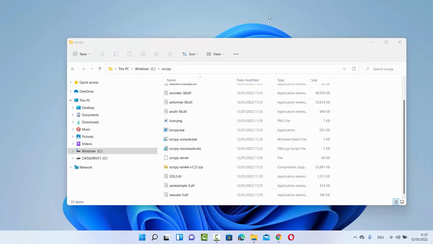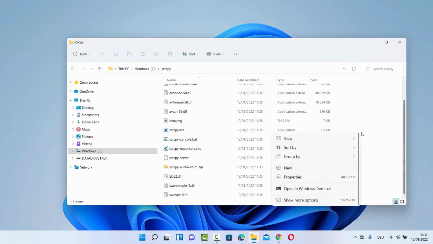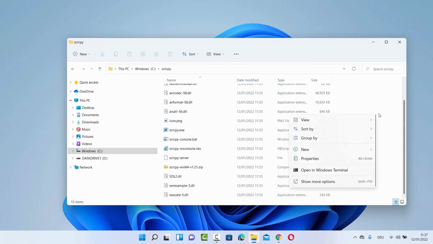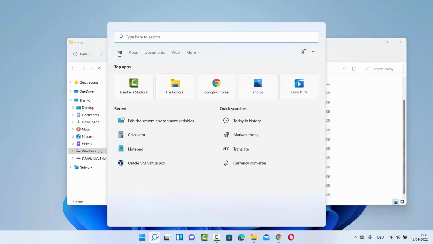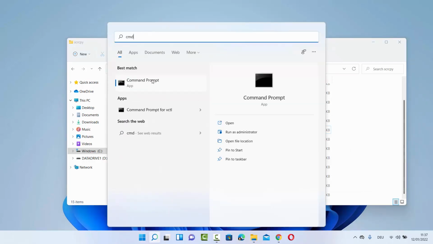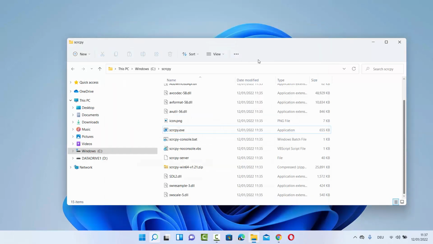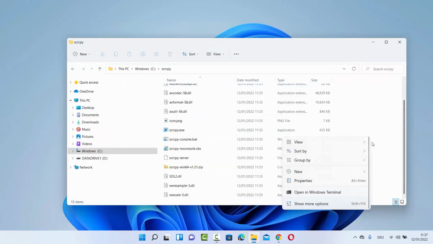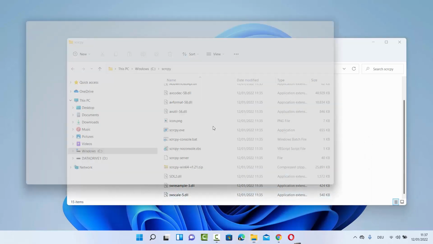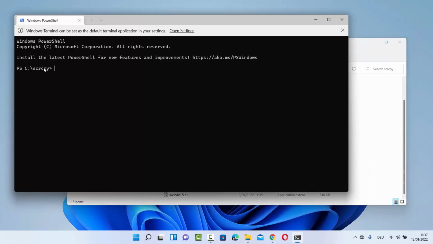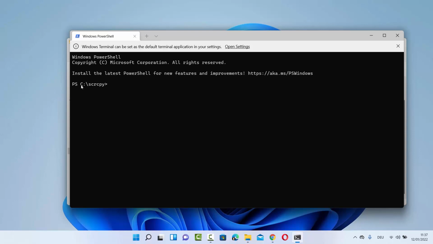You have two options to use this file. One is, if you don't set the environment variable, then you need to every time go to the same folder, and from here you need to open the terminal. So right click and then open in Windows terminal, or you can open the command prompt from here. Just write cmd and then open the command prompt and then cd to this folder. Okay, so right click and then open in terminal. It's going to open in the PowerShell, you can see here. And you can also see that this folder is